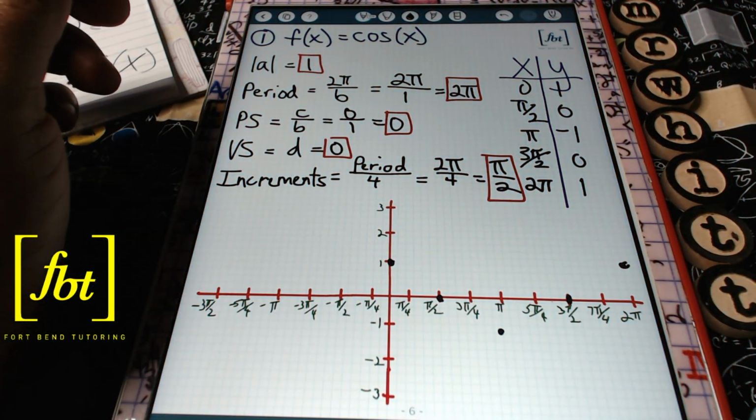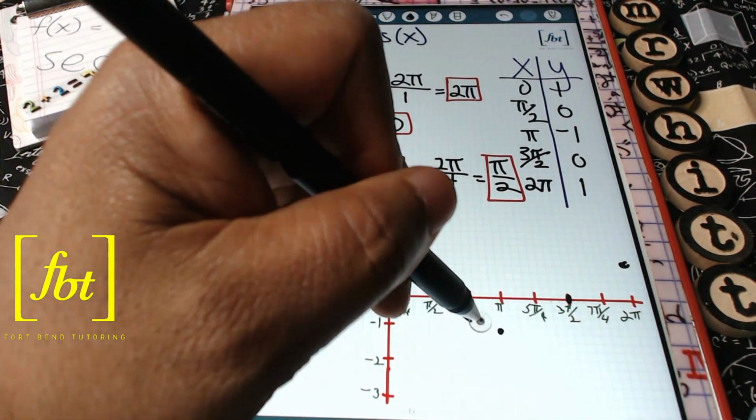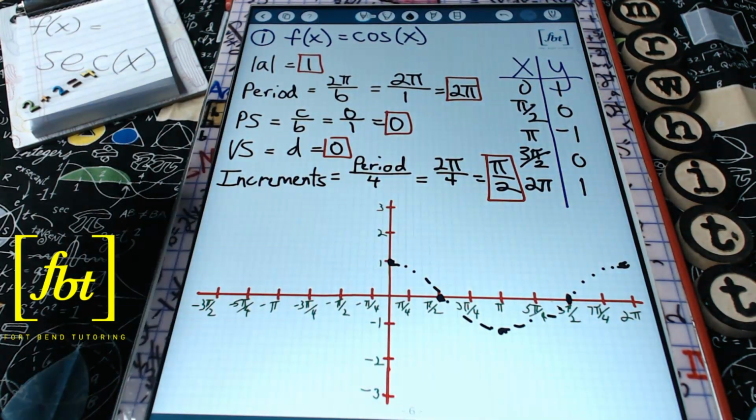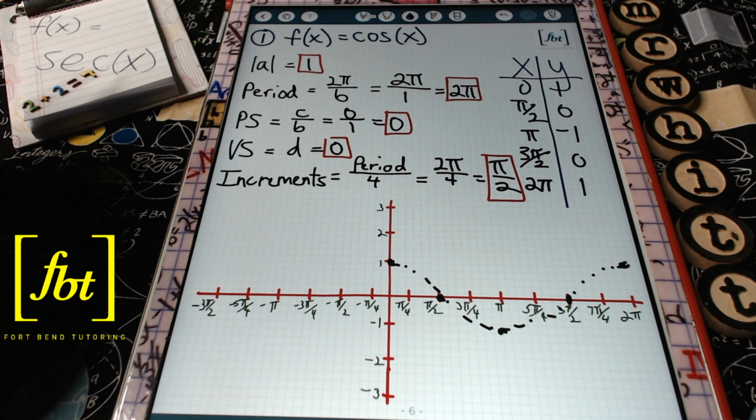Well, graphing the cosine function, I'm going to use dashed lines to graph this. Just like so. All right. So I have my cosine function graphed with dashed lines because we're here to graph the secant function, not the cosine function. Then the next thing we're going to do is we're going to recognize that since secant is the